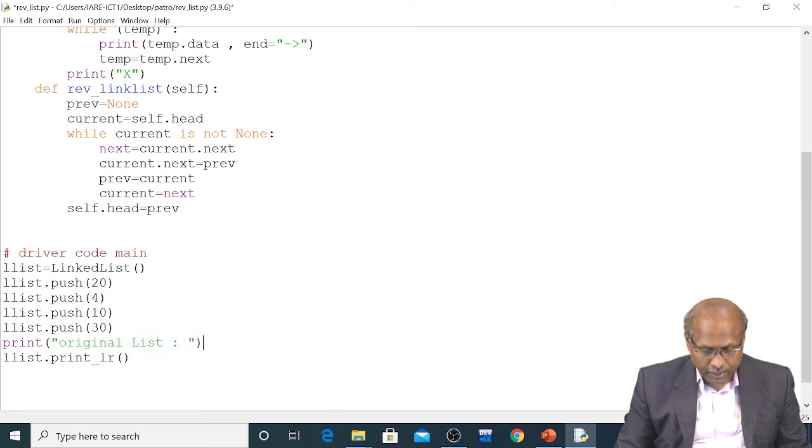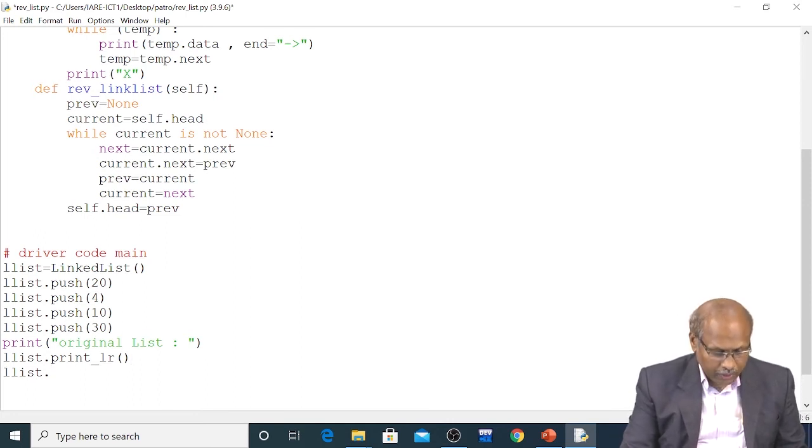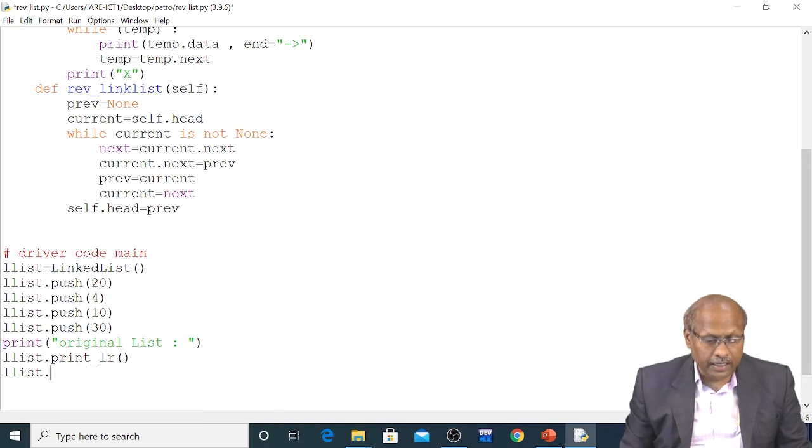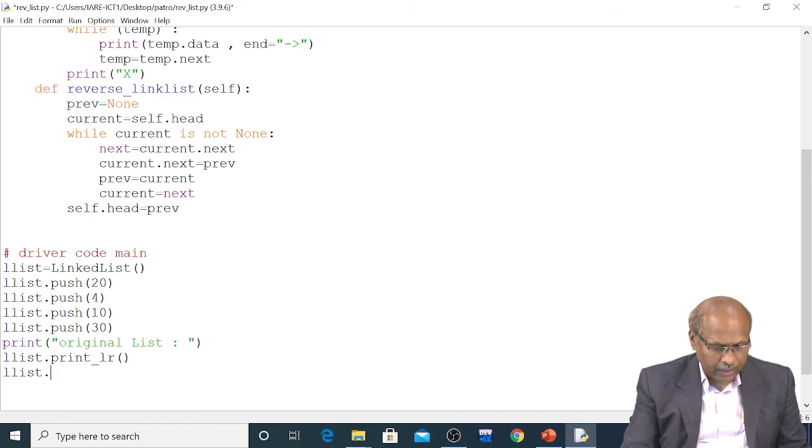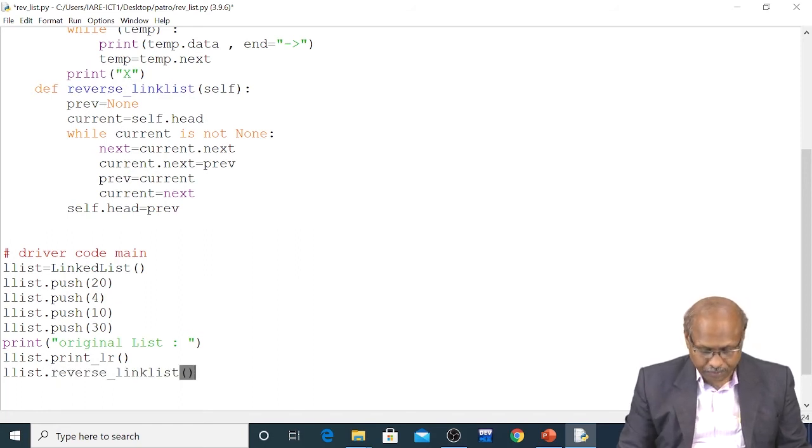This is my original list. Then after that I will call my linked list dot reverse linked list. So here I'll call this reverse linked list.